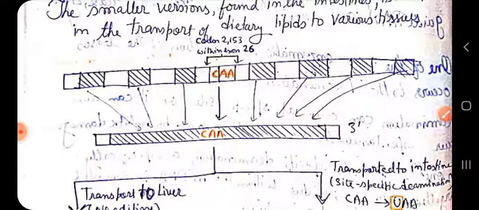So here we see that within the liver, within the intestine, this same gene which codes for apolipoprotein B in specific tissue